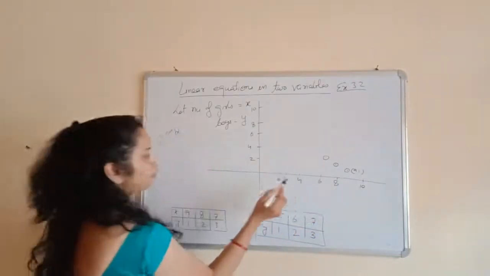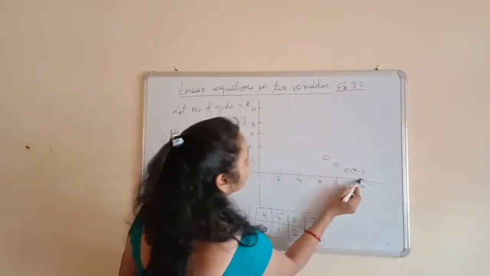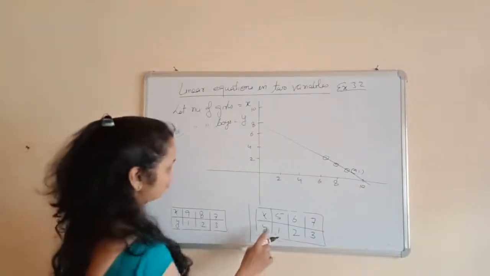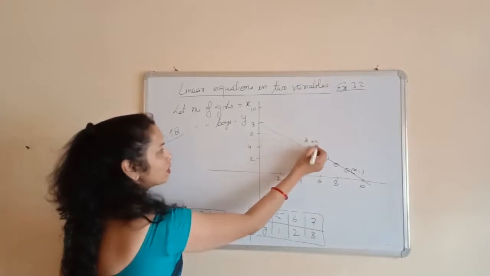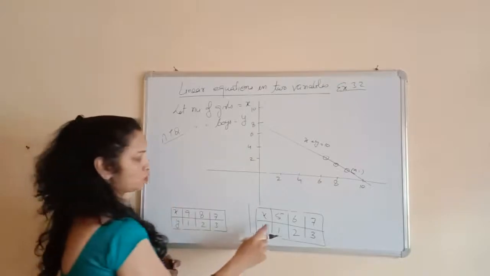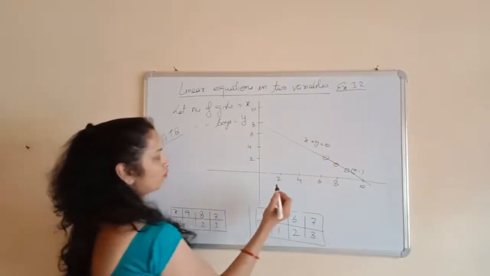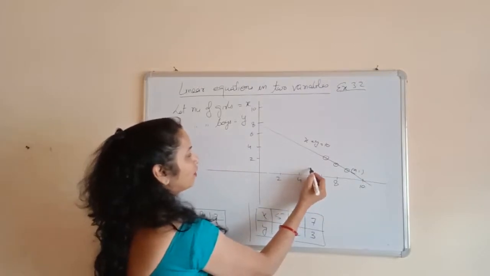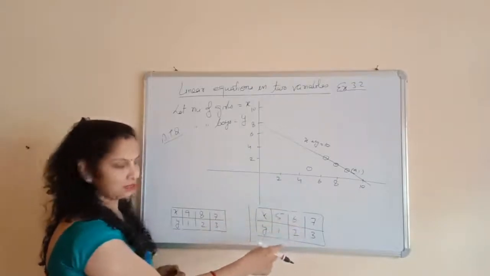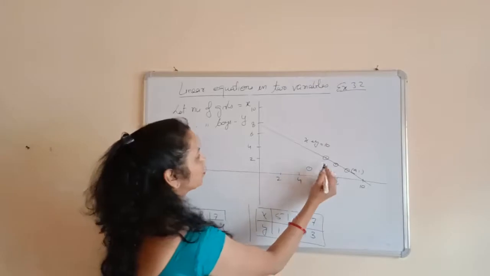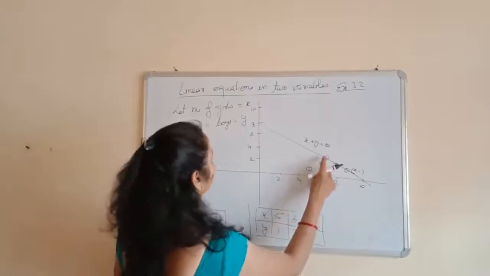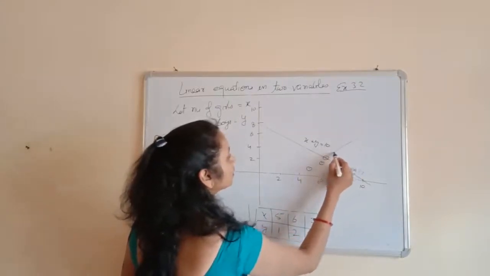So you can use a scale and a graph paper for making the accurate graph, but this is a rough graph. Okay, and this graph is for x plus y is equal to 10. So you can write down the equation along with the graph. So for the second graph, 5 and 1. On the x-axis we have to move 5 and 1 on the y-axis. 6 and 2. Okay, these are the coordinates. 6 and 2, it will be here. 7 and 3, it will be here. So this graph is like this.